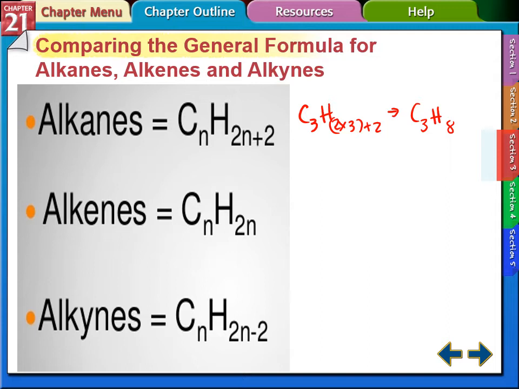Moreover, alkenes will have the general formula of CnH2n. So if we have 3 carbon atoms, we will have C3H2n, so 2 times 3, which will give us